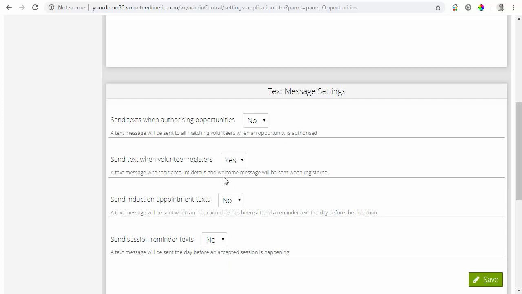You've also got a number of other options on here. So for example, send a text when the volunteer registers saying, oh, congratulations. That works quite well. I tend to find it's like an extra confirmation to the volunteer that everything's gone through successfully. Once you're happy with these options, if you're not sure, I recommend just setting them all to no, getting used to the system, and then you can always come back to this page and switch them to yes if you feel it's necessary. Once you're happy with it, click on the Save button,